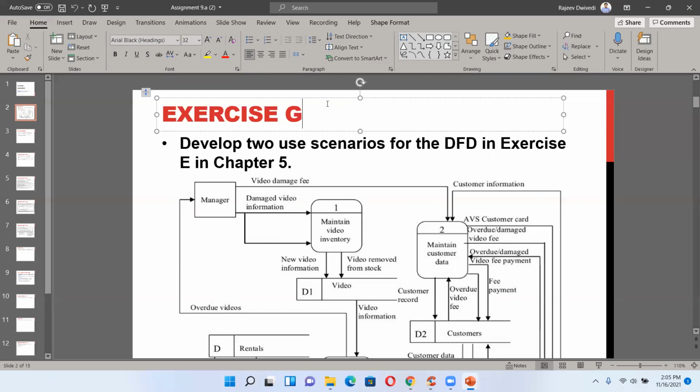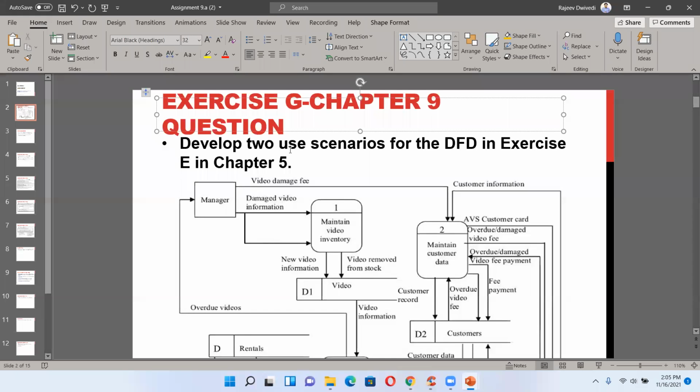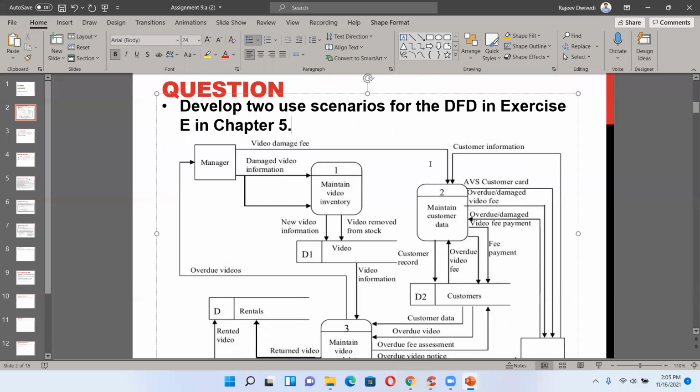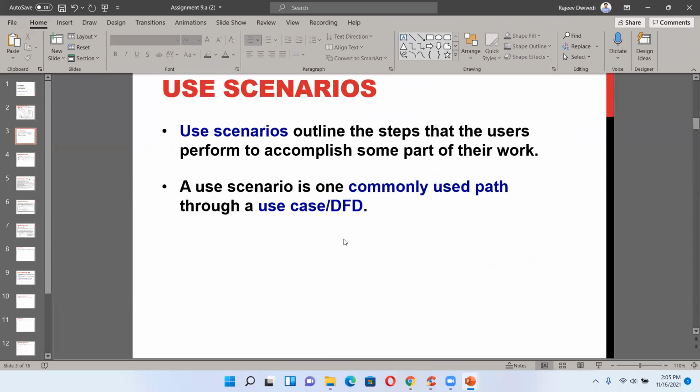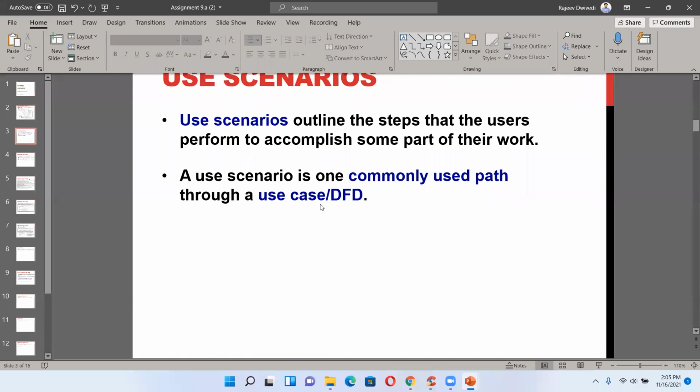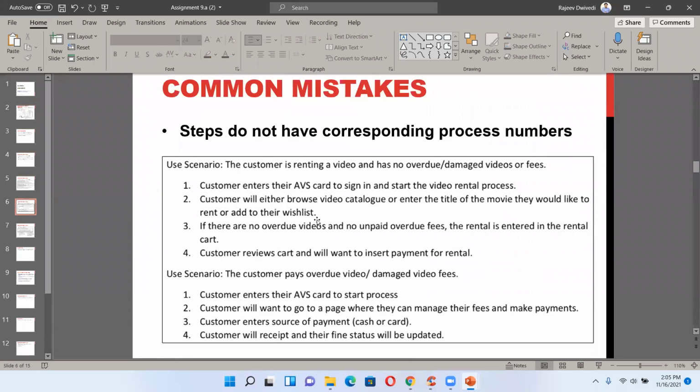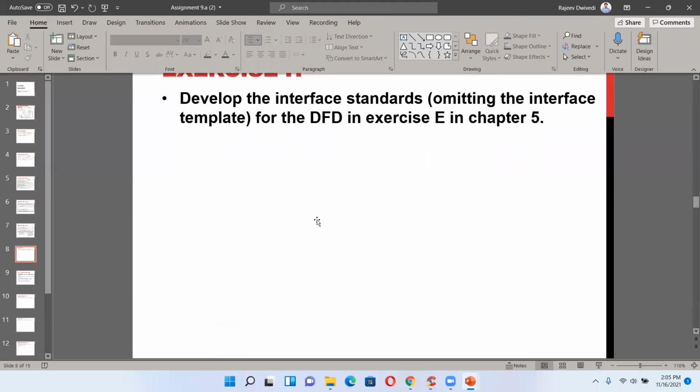So this is the chapter 9 question. However, this is based on the chapter 5 zero DFD. So this DFD is right here. Based on that, you are going to make use scenarios. And again, some common mistakes and other things related to this.